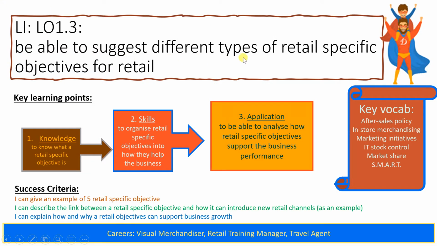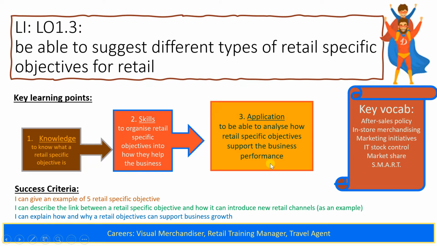So where are we going with this lesson, discussing the different types of retail specific objectives? Well, first of all, you're going to need to know what they are. Then you're going to look into organising how these retail specific objectives actually help the business. And then we're going to look at applying this new knowledge and look into analysing how retail specific objectives actually